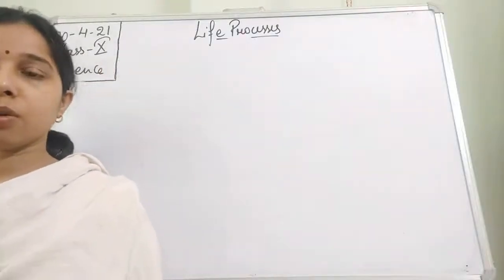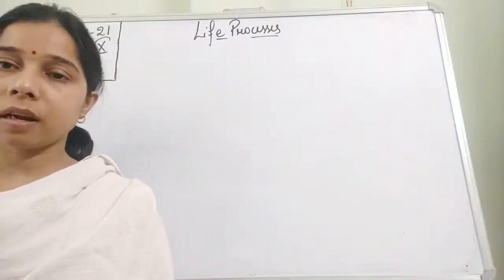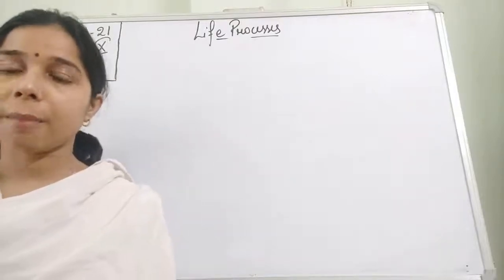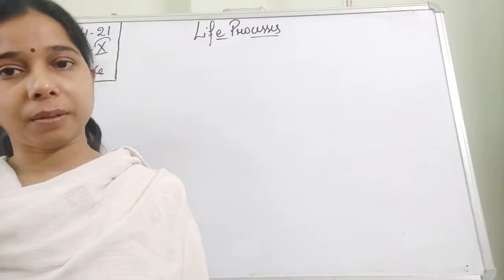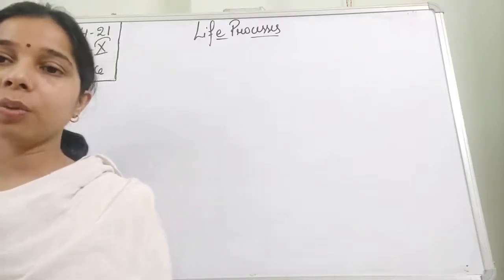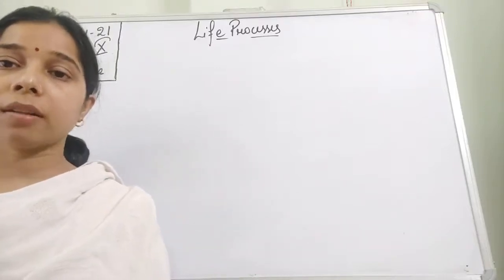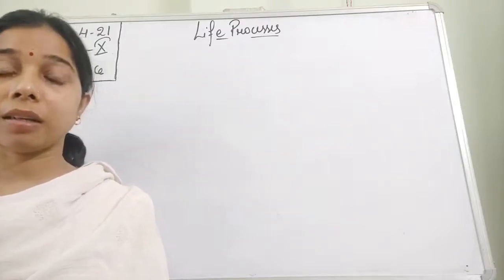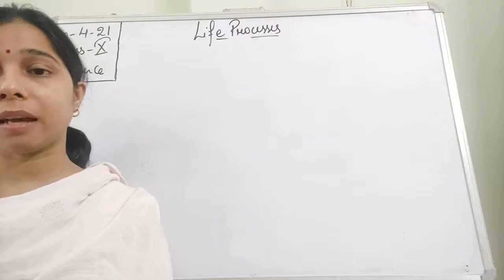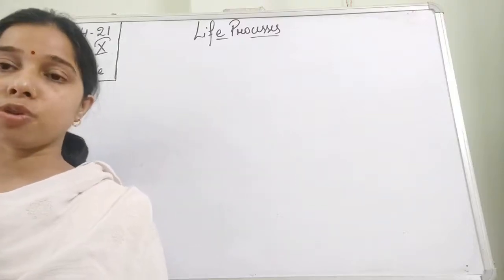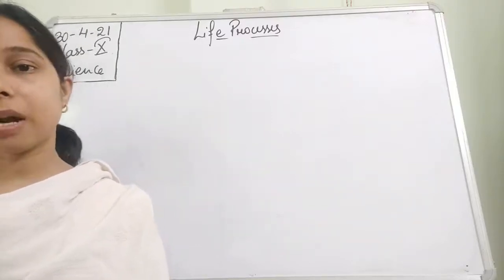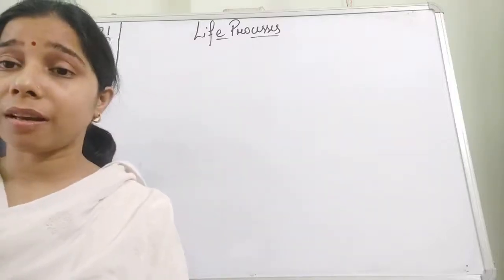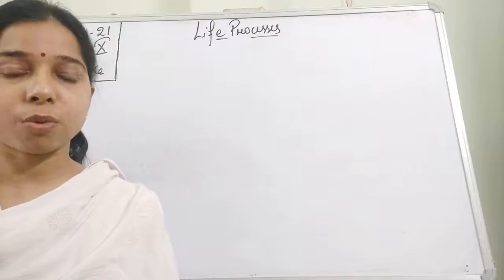Hello students. So students, in the previous class in this chapter, that is life processes, we were talking about the circulatory system in a human being. We have seen with the help of a flow chart how the blood is carried from one place to another. It means how the blood is carried from the left portion of the heart to the different parts of the body, finally reaches the right portion, and then reaches the lungs, and from the lungs it comes back to the left portion again.